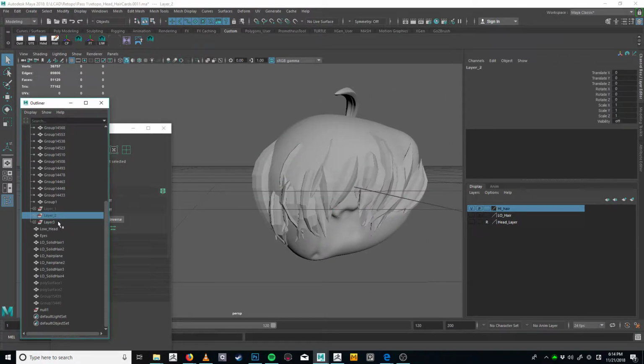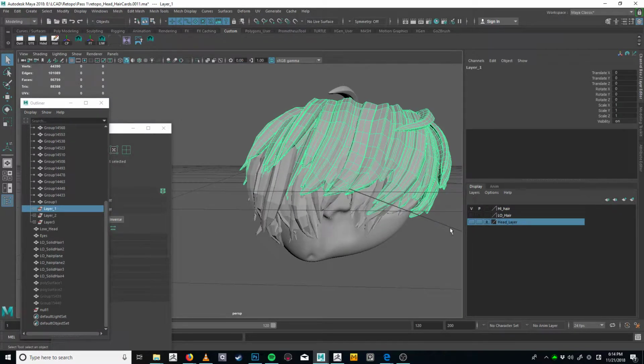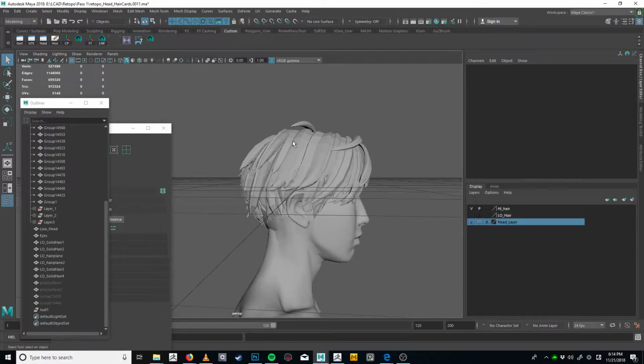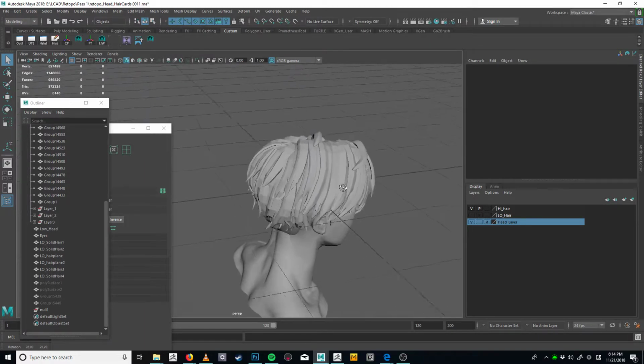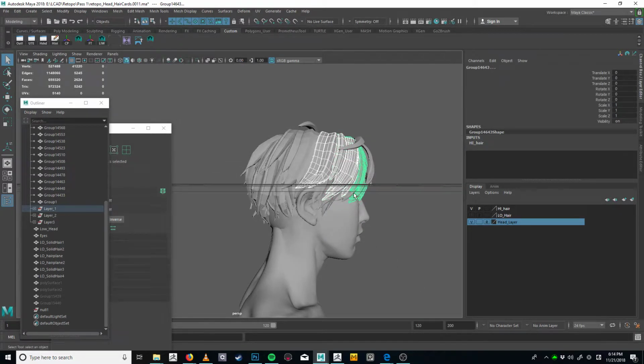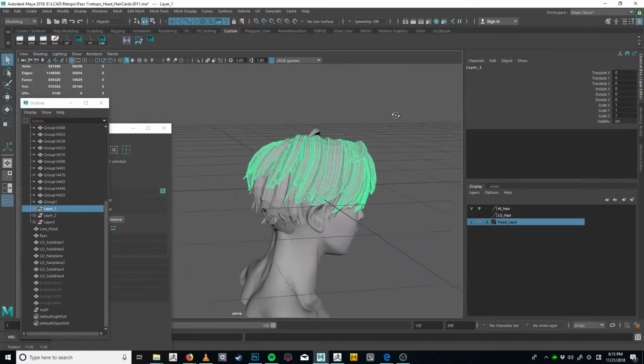So if I go in and turn this on, usually in a hair like this, I'm not really expecting it to go to layer this way. I think it is a little unnatural that it's this much higher. Given how much layering there is and how much volume the hair has, the fact that it gets so long in the front and short in the back at that top layer is kind of strange. So really what I would recommend is